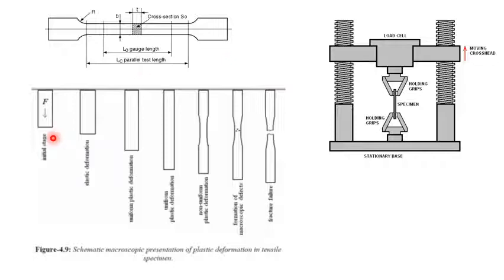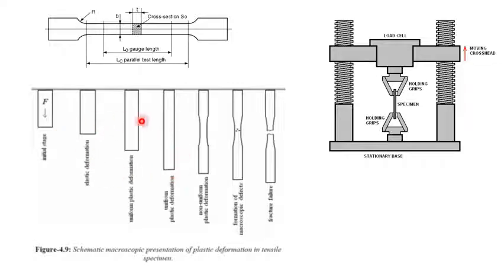Once we take that material, we place it here. You can see the specimen between two jaws, one stationary and one moving. Once we apply the load, you can see the initial gauge length. As we increase the load, the length of the specimen increases incrementally. The first one is L naught, the second one we say L1, the third L2, and so on. As the load increases, there is an increase in the length.